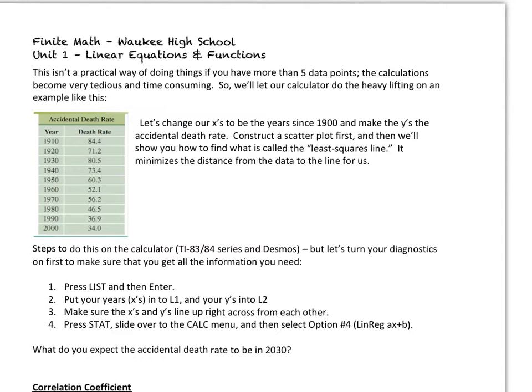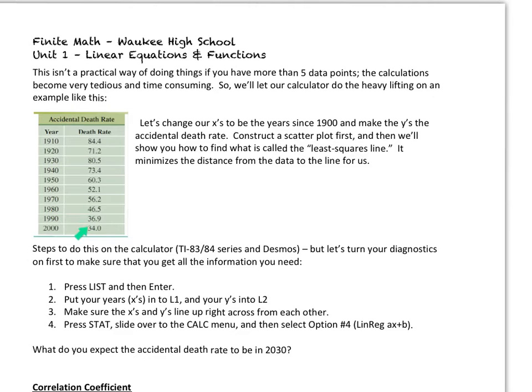Now for our crowd here, that sigma and those ugly formulas, they're just not a very practical way of calculating the least squares line or the linear regression line. If you've only got 5 data points, it's not so bad. But if you've got more than 5, like what we do in this table right here, then yes, you're probably going to want to use a calculator just to save a lot of time and not do very many painful calculations. Okay, so this is an accidental death rate, which I assume is per 100,000 maybe over the course of